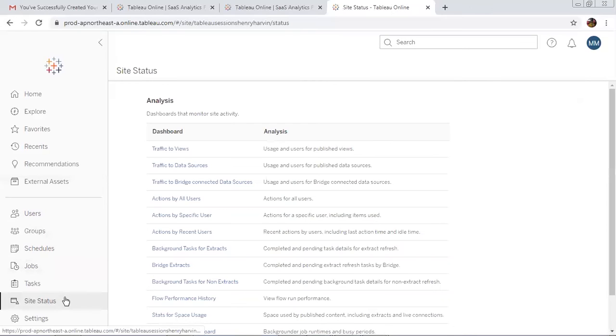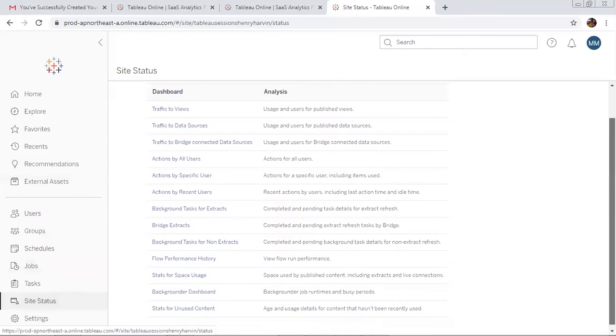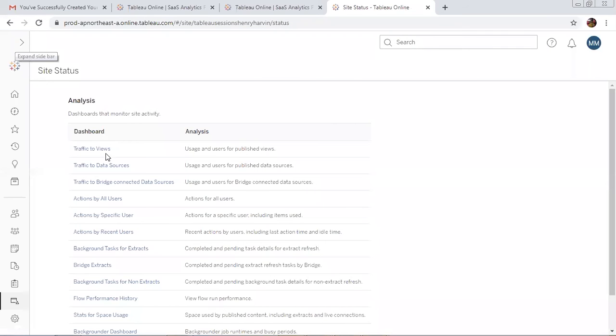Then if I would like to see the status of what dashboards I have, or the status related to a particular dashboard, I can do that. Like traffic to views, traffic to data sources, I can view all of them. I click on traffic to views. When I click on traffic to views, I can select the dashboards from here as well. Right now, due to connectivity issues, maybe it's not loading, but basically what it shows is all the views which you have created out of a particular Tableau workbook, how many visits have been made by what all kind of users to that view.